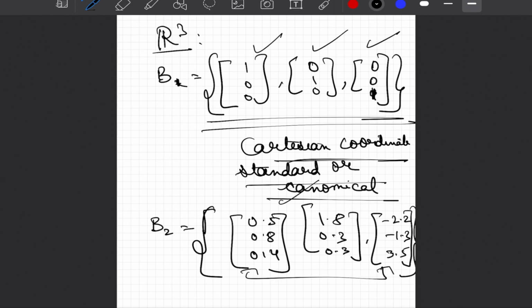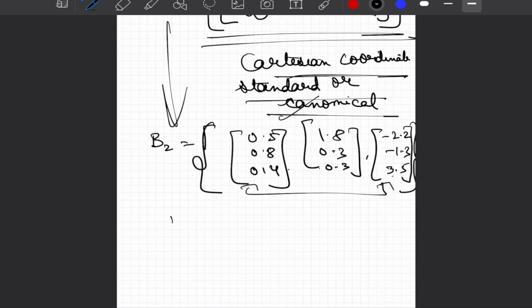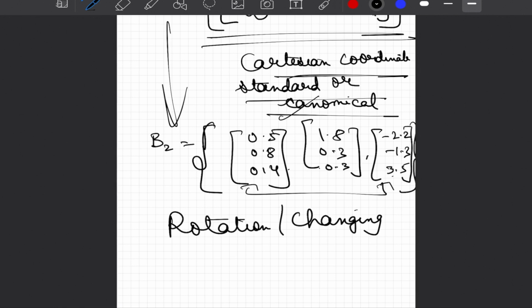So that would mean that these in fact are also representing bases in R3, and you can construct any vector in R3 as a linear combination of 1, 2 and 3. We will use this particular result that an n-dimensional vector space can be represented by different bases, and that will help us in rotation or changing bases when we go to dimensionality reduction, where we will look for the alternate basis where we can transform and still capture the variance that is present in the data.